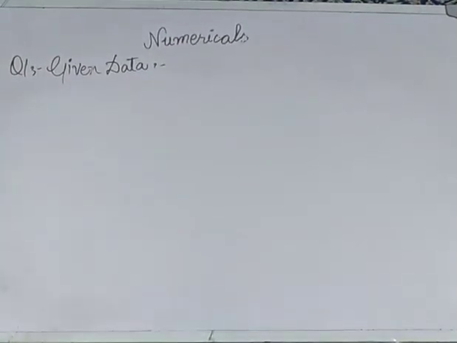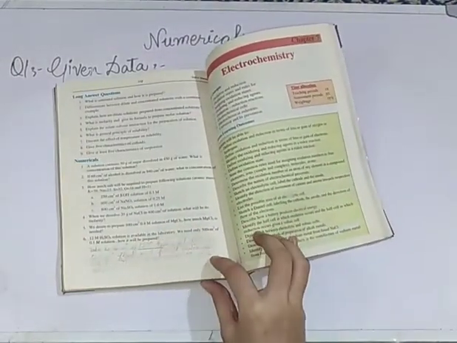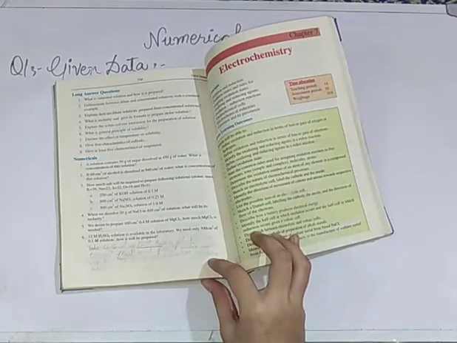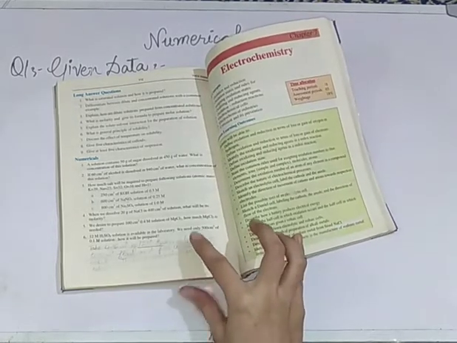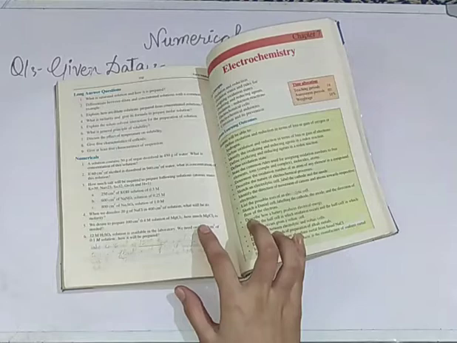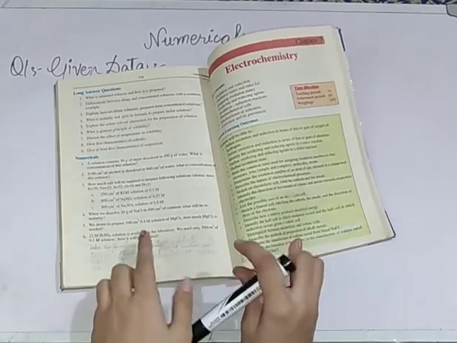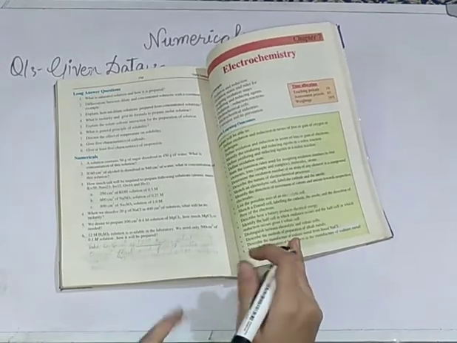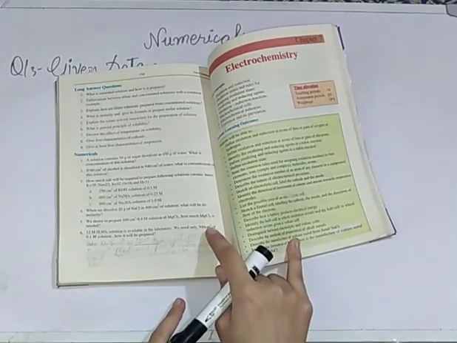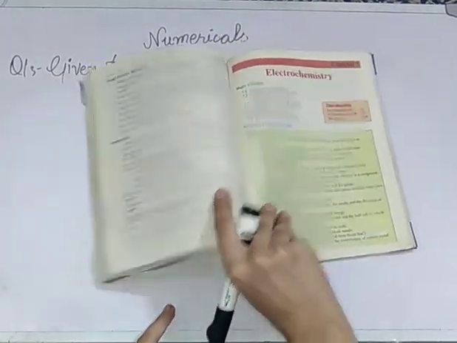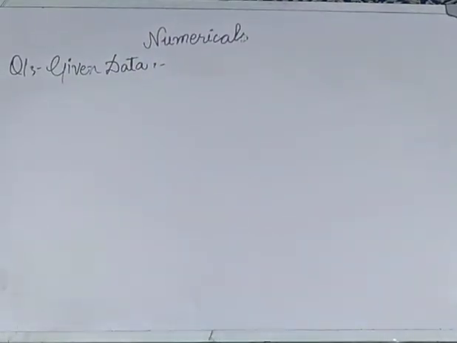Coming to the next question. We desire to prepare 100 centimeter cube 0.4 molarity solution of magnesium chloride. How much magnesium chloride is needed? So we have to prepare a solution. We have given molarity, we have given the volume, and we have to find magnesium chloride. So we will use the same formula of molarity: molarity equals mass of solute divided by molar mass of solute and volume of solution.